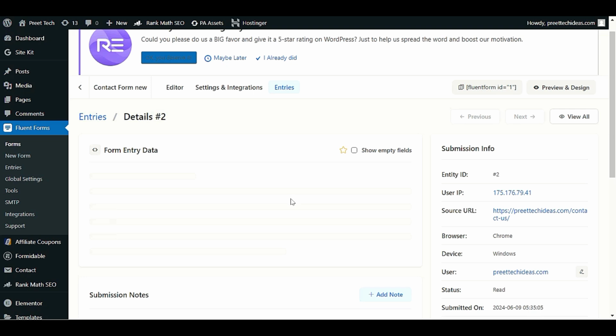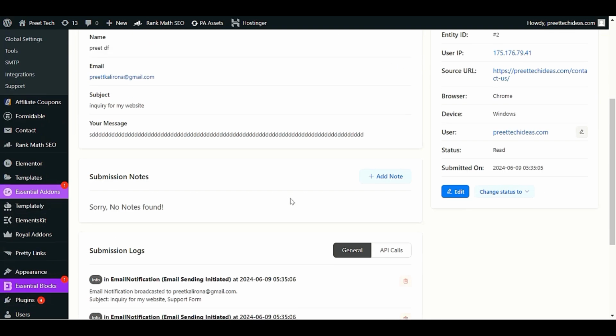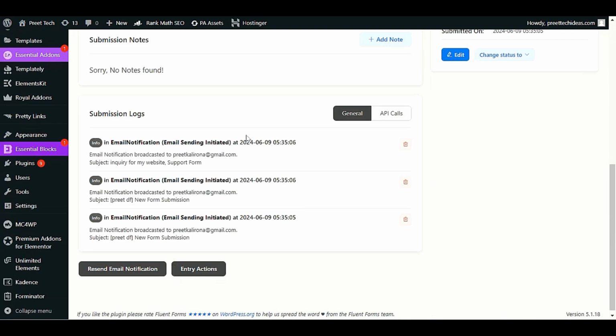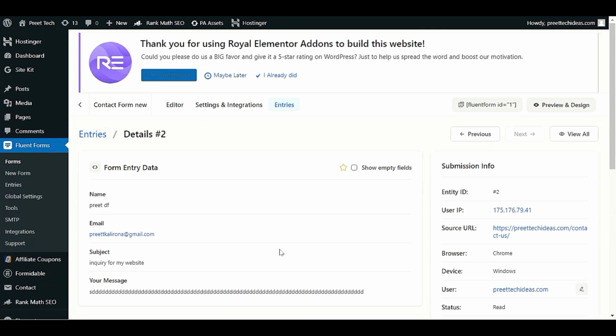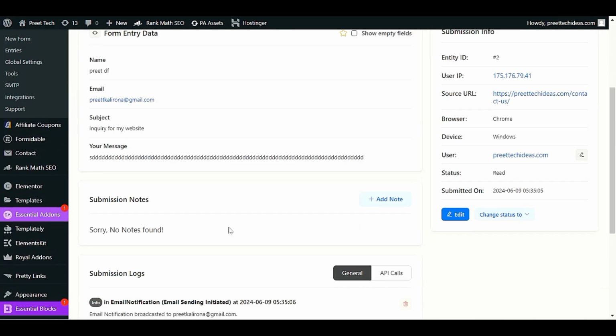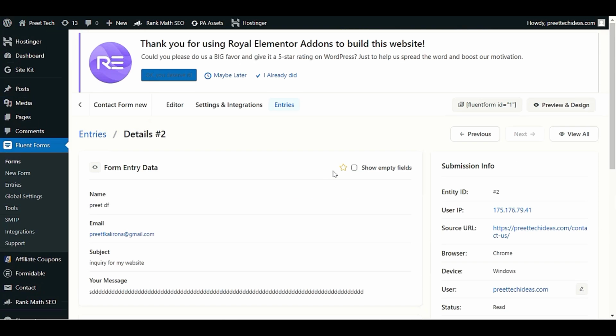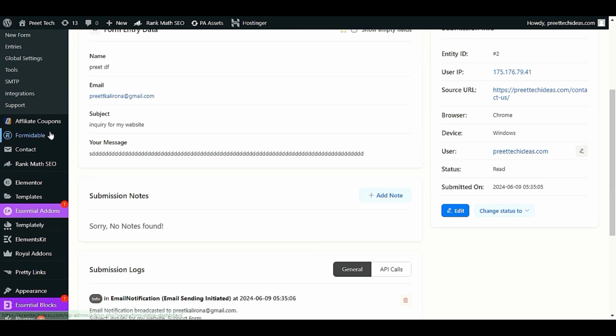The notification will be something like you got a new submission on your WordPress and they already sent you here submission log. You will be able to see the log, how many times they already reminded you. Okay, you can see the entry action, but this is to check all the submissions, and this is stored in your database as well. Okay, now let's go to the next plugin here,